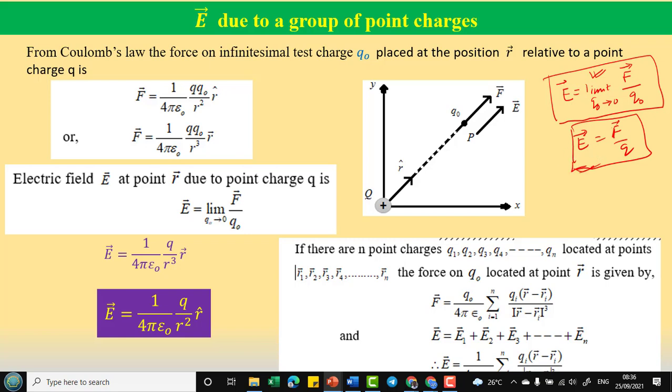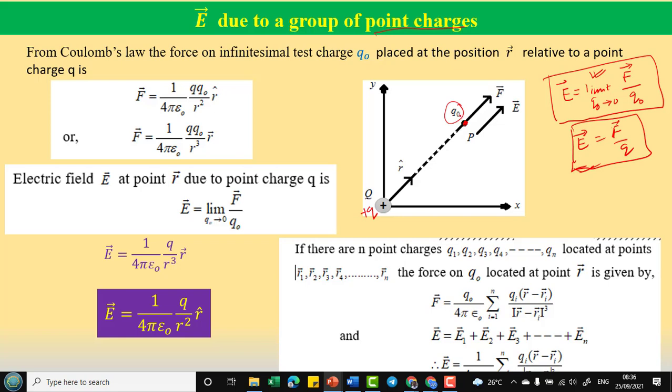Okay, so now let us try to calculate the intensity of electric field due to a point charge. Let us consider a point charge. This plus Q charge is placed over here, and let us calculate the intensity of electric field at this point P due to this charge. To find the intensity of electric field at this point P, we will place a unit positive test charge at that point, and we will find how much force is experienced by this unit positive test charge.